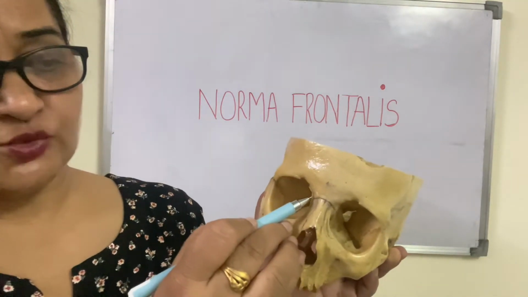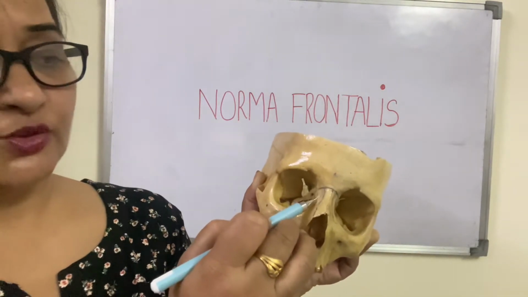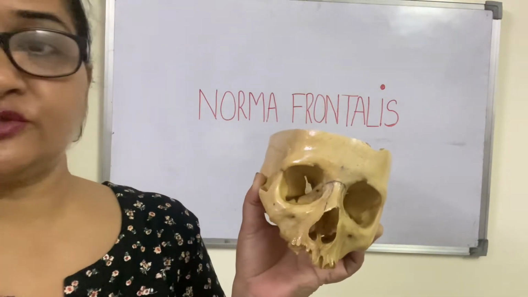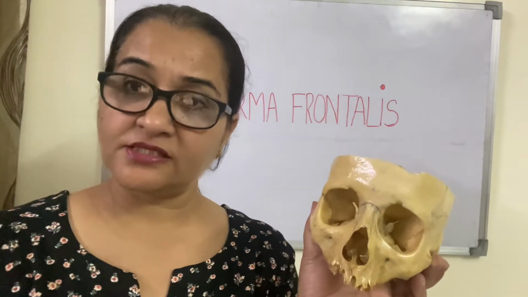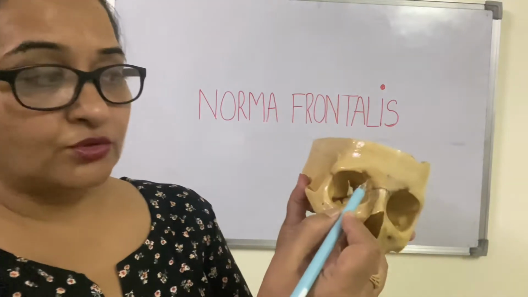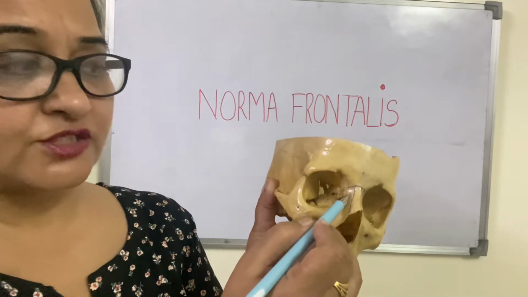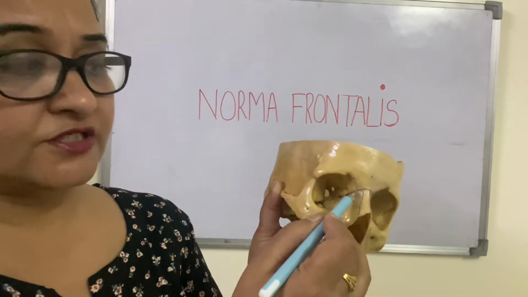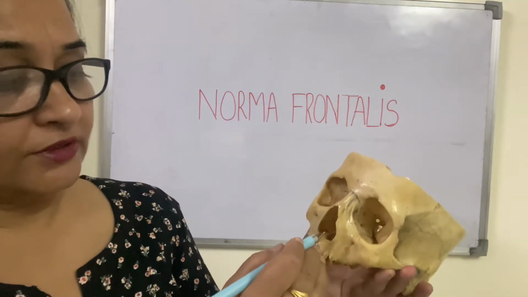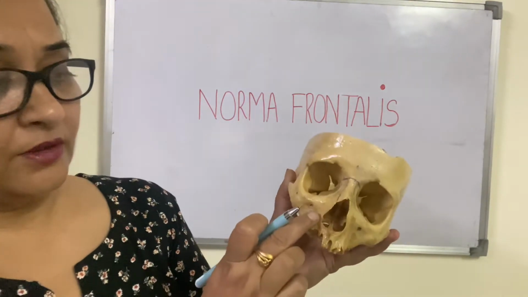And this process which is going towards the maxilla is known as the maxillary process of the frontal bone. It is separated from the frontal process of the maxilla by the frontomaxillary suture. So the processes are named according to the bone towards which they are approaching. This is going towards the maxilla, so this is the maxillary process of the frontal bone, and this is known as the frontal process of the maxilla, which is separated by this frontomaxillary suture. Now coming downward, these two maxillae are separated by the intermaxillary suture. Now coming to this side,